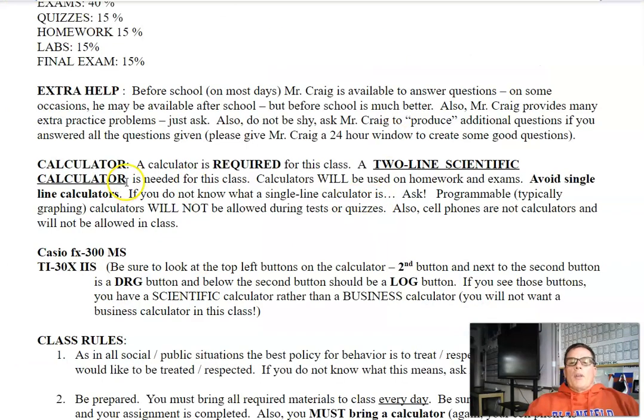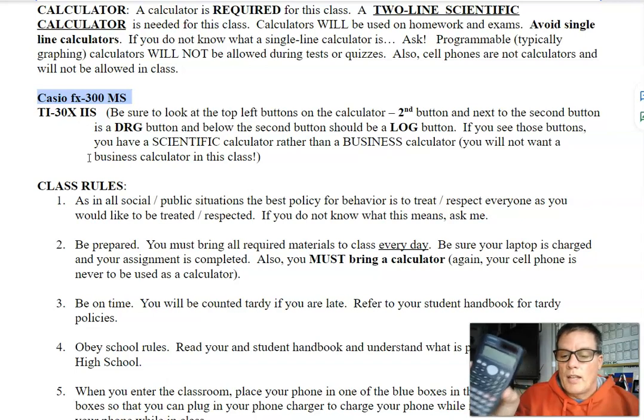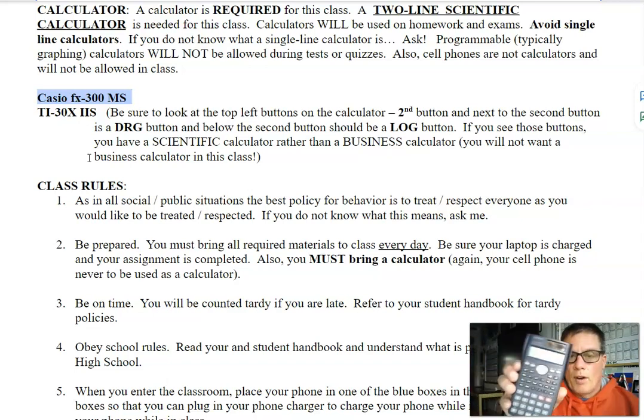Let's get back to the syllabus here. So there's the calculator. The minimum that I would like to see, Casios. I haven't really used Casios in a while, but I think I have one in here. Yeah, here's one of the Casios that I use. I don't really use it very often. I don't recommend it. I'm more of a TI guy now,